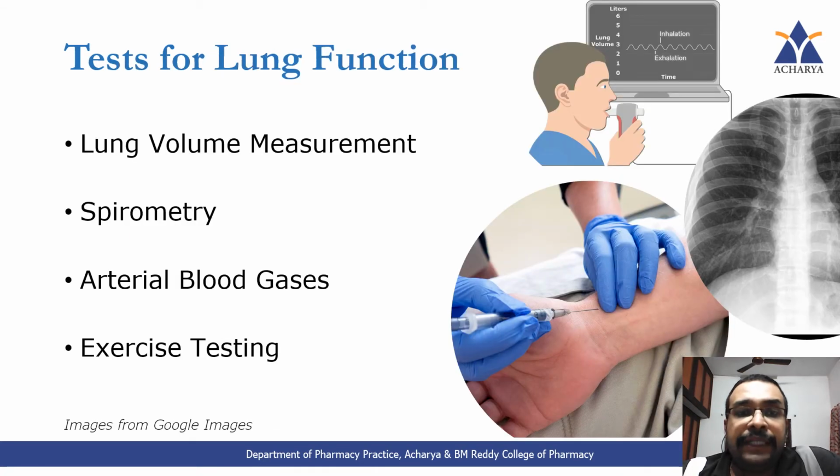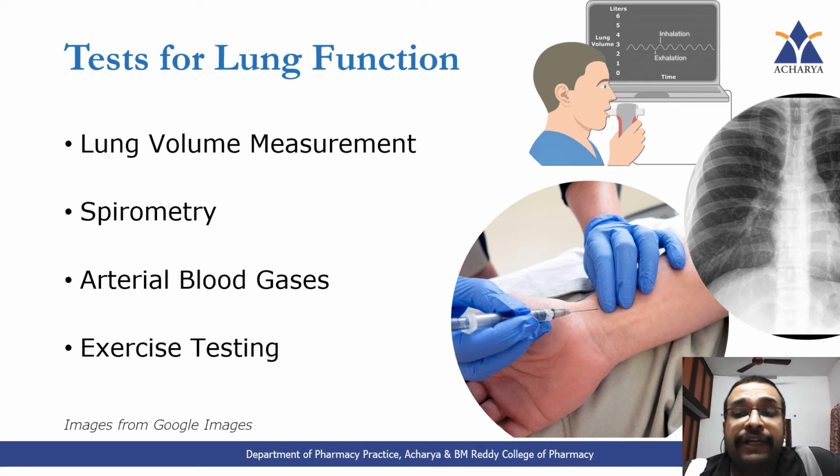So let us look at the different tests for lung function. The tests for lung function can be broadly divided into four types. First is the test that measures the lung volume. Second is called spirometry. Basically, spirometry tests will measure the lung capacities. And then you have arterial blood gases, which is done by taking blood from the arteries, which will measure